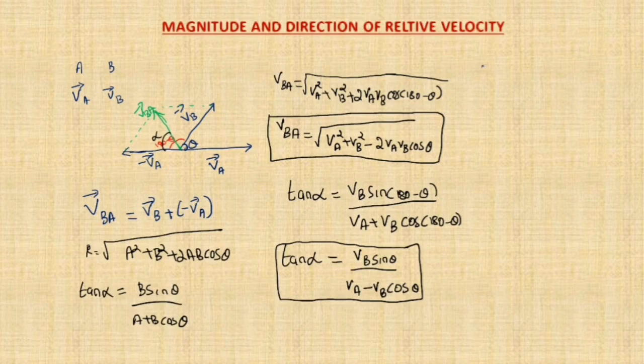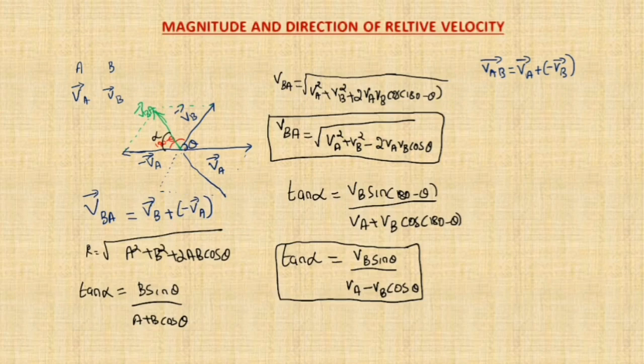Now let's find the relative velocity of A with respect to B. That is VAB is equal to VA minus VB, or you can write VA plus minus VB. Here what you have to do, you have to take the negative of VB, negative vector of VB vector. Okay, and the same way you have to draw the diagram. In this case, instead of minus VA you have to construct what? Minus VB. So that means here you have to take minus VB and construct the parallelogram once again, and you will be getting the resultant in this opposite direction.